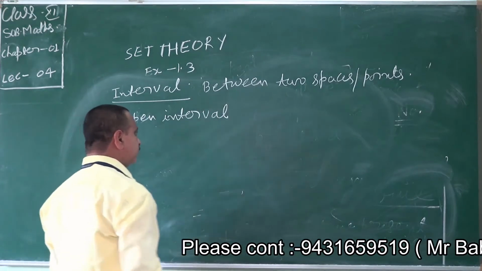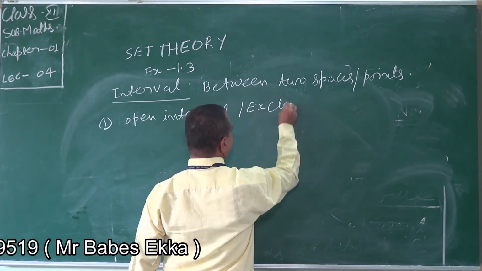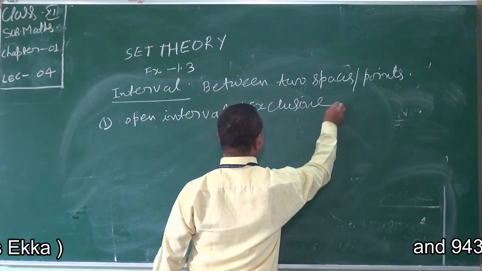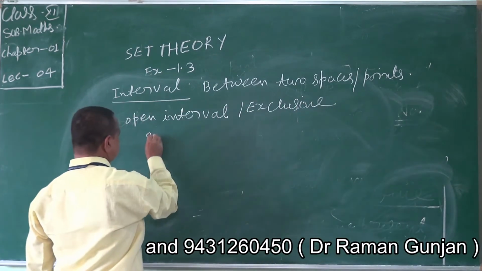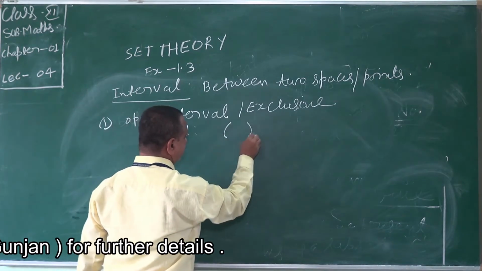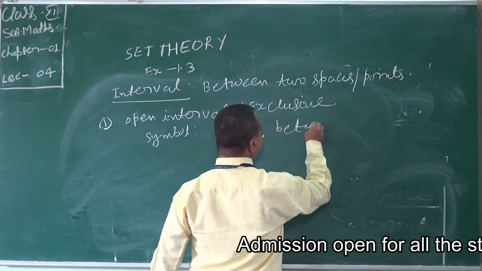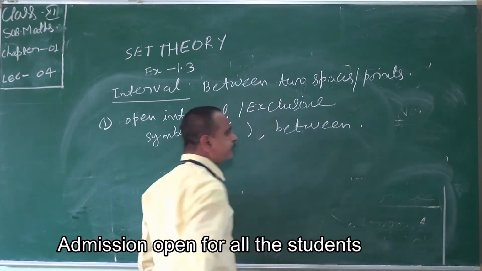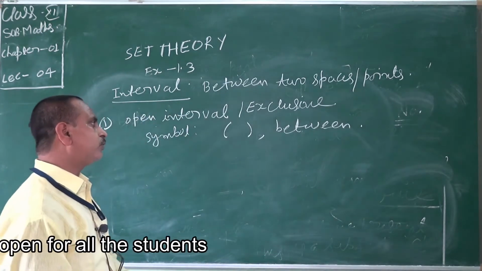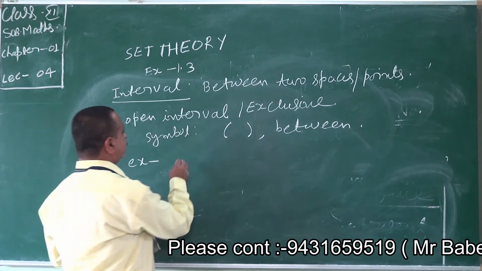This interval is also called exclusive. Its symbol is small bracket. Also you learn "between" in your textbook. These are words given in your textbook. Suppose I take an example between